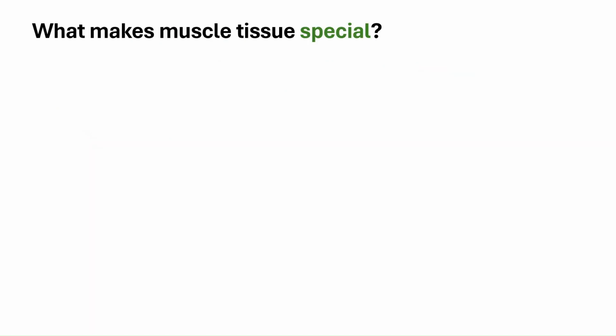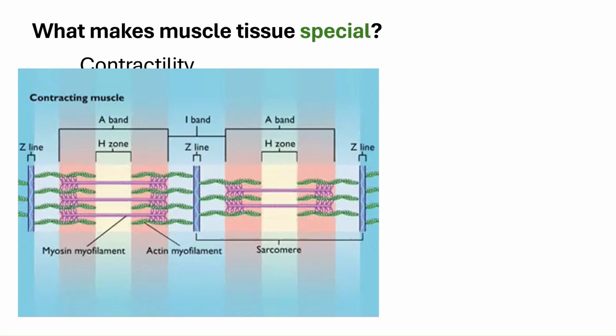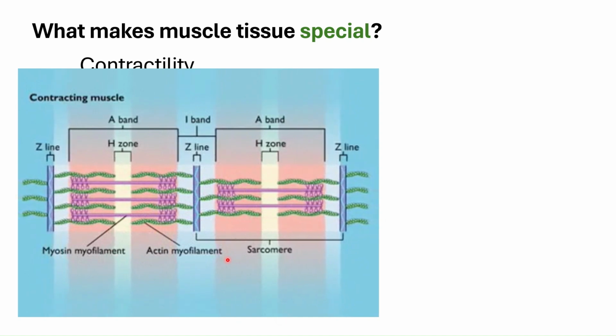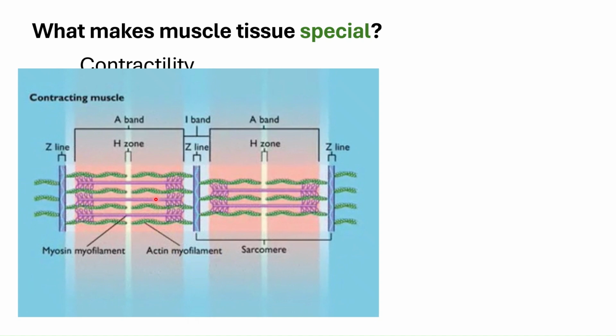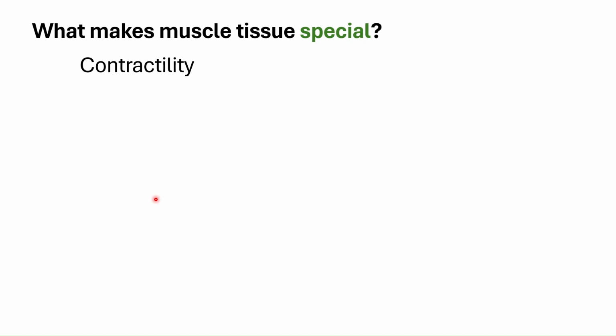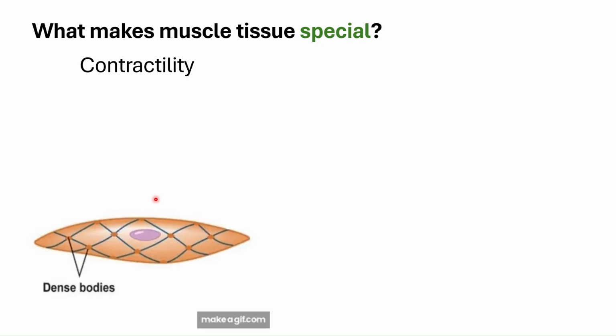So, what makes muscle tissue special among all the other types of your major tissues? First is its ability to contract. So, contractility. Earlier we saw that the myofibrils located within each muscle cell are organized, at least for your striated muscles, in a very specific manner. This is so because of the sliding filament theory, which allows the movement of your whole muscle fiber through the sliding of your thick and thin filaments.